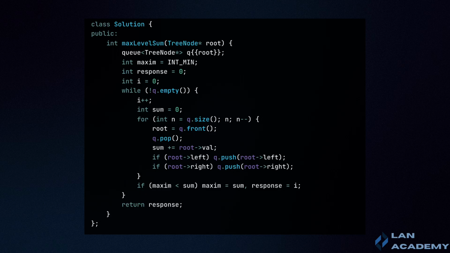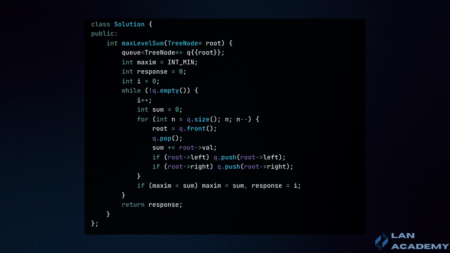In conclusion, we have devised an efficient solution for finding the level with the maximum sum in a binary tree using BFS. This method ensures that all levels are processed in order and that the sum of node values is calculated correctly for each level. By using a queue to handle level-by-level traversal and computing the sum of nodes for each level, we ensure linear complexity, making the solution efficient and scalable for large trees. The systematic approach and the use of variables to track the maximum sum and the corresponding level ensure that the final result is accurate and complete.